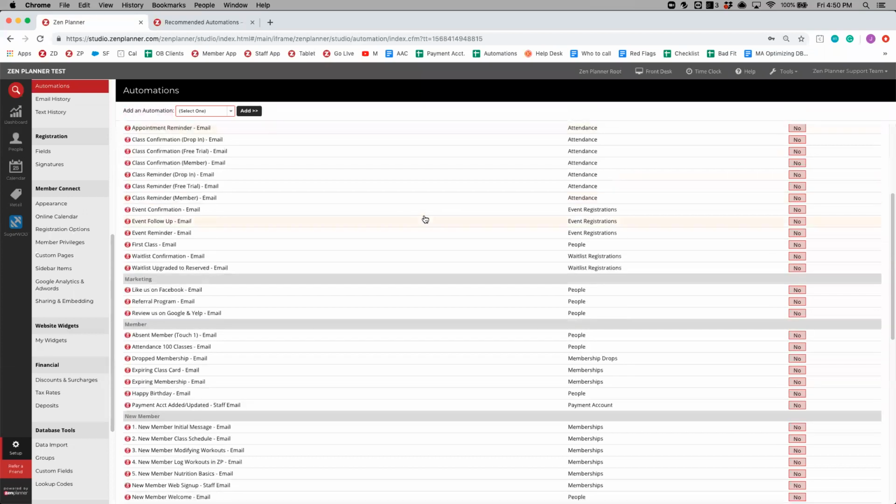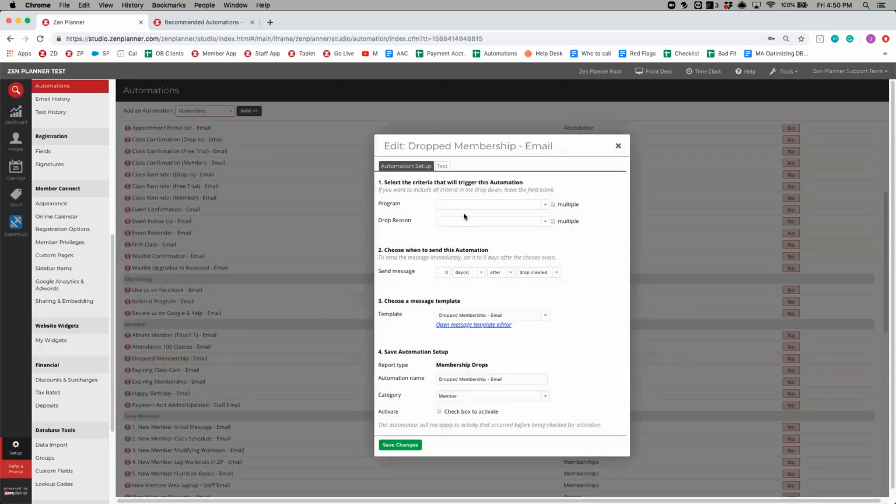I'm going to scroll down here and click on this dropped membership email. When I click into an automation, there are 4 different sections. Section 1 is the criteria that will trigger this specific automation. For most preset automations, with this one and the prospect funnel being exceptions, you don't want to change anything under number 1, because most of the preset automations are set